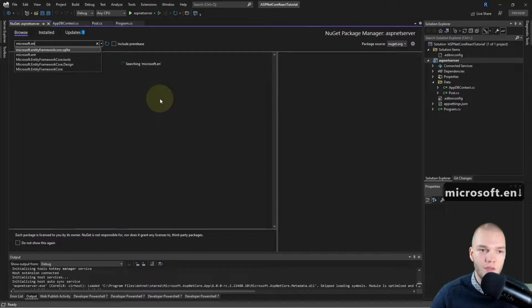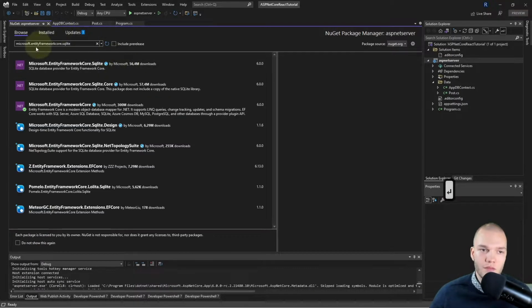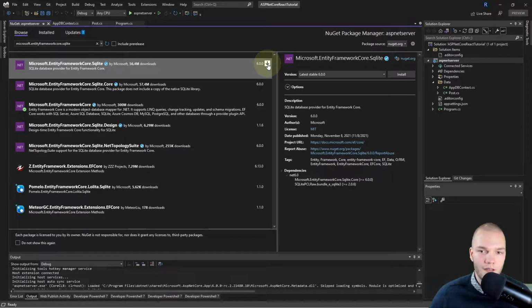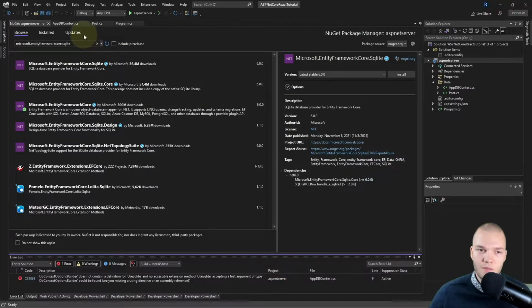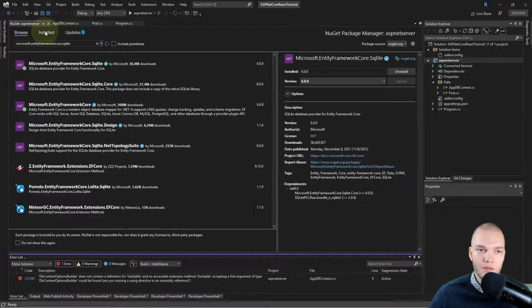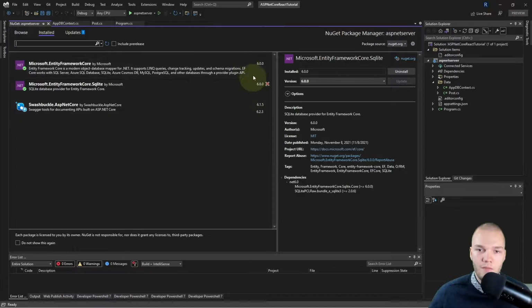And it already shows up here. So Microsoft.EntityFrameworkCore.Sqlite, and I'll install version 6. Just make sure all your Microsoft NuGet packages are the same version. So for me it's .NET 6 and it just launched, so congrats Microsoft, really happy with .NET 6, I love it.